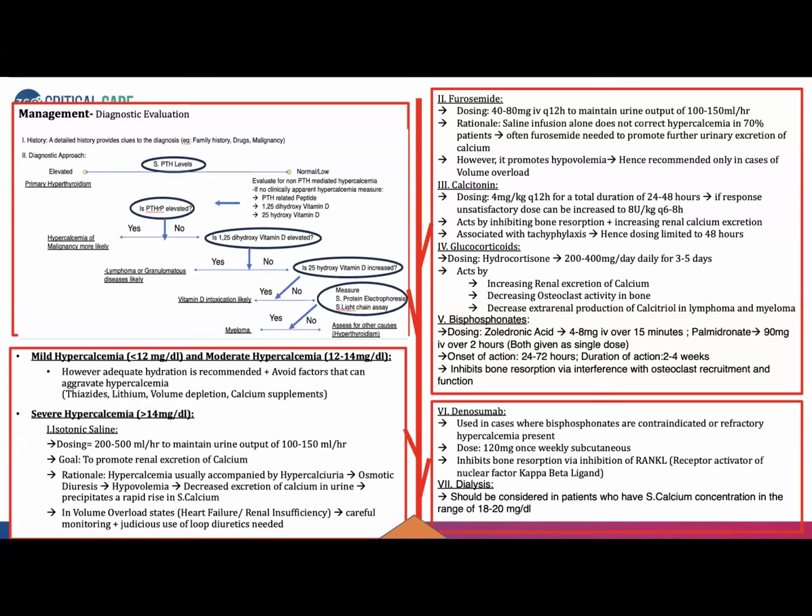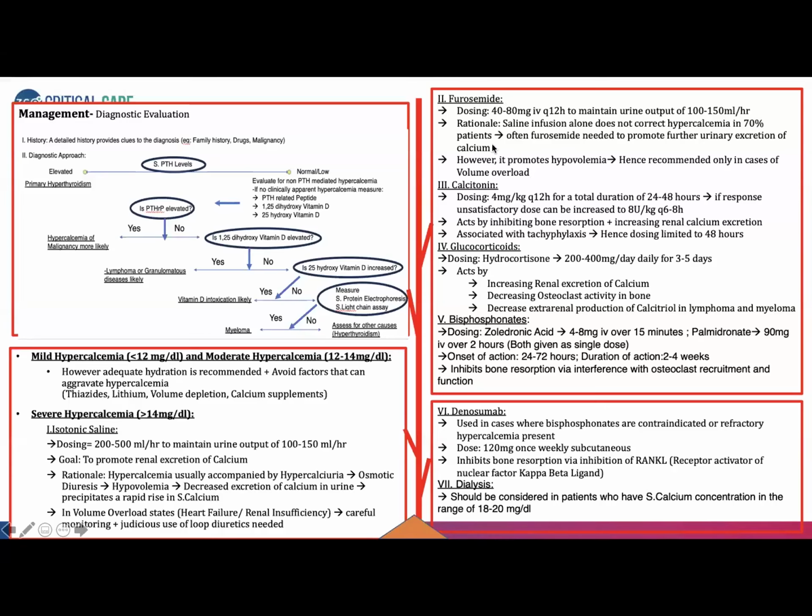Okay, there is osmotic diuresis and the main mechanism will be kind of treated. In volume overload states like hepatic failure, renal failure, you should be very careful while giving the fluids. Furosemide, the dose is 40 to 80 milligram IV 12th hourly to maintain the urine output of 100 to 150